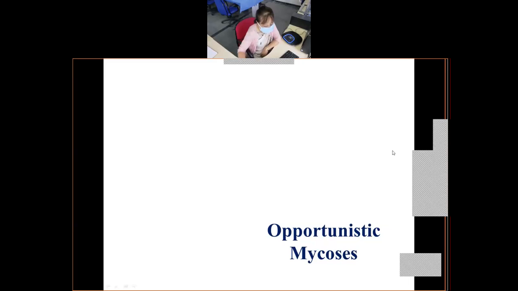We'll continue our class with mycology. Today we'll discuss a component in mycology, the opportunistic mycosis. Now, as this term implies, these are basically infections which normally do not occur in a person or a host who is immunocompetent. So these are the infections which usually occur in patients who are immunocompromised by virtue of certain